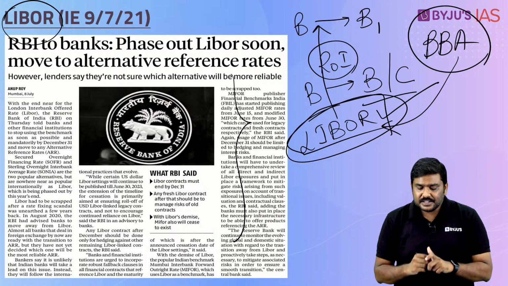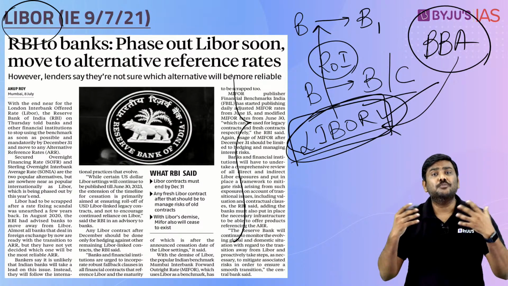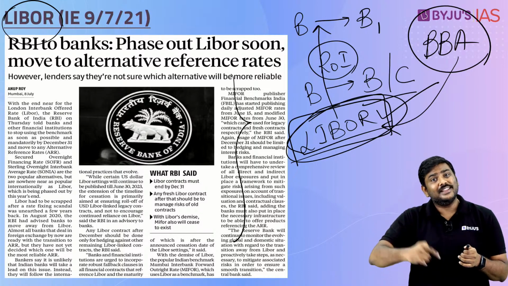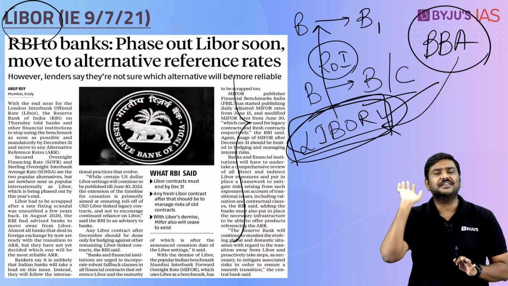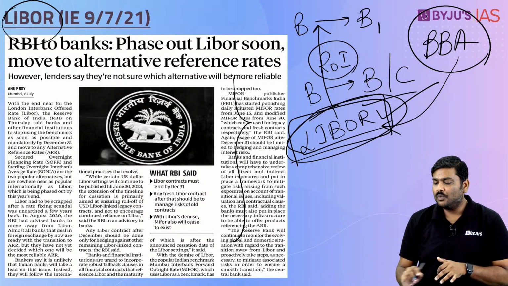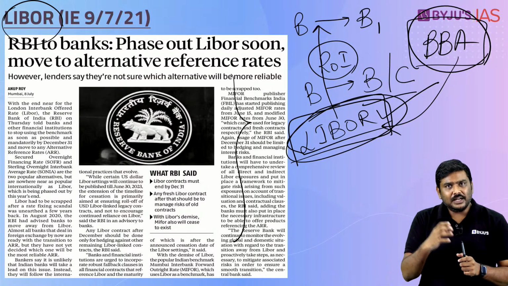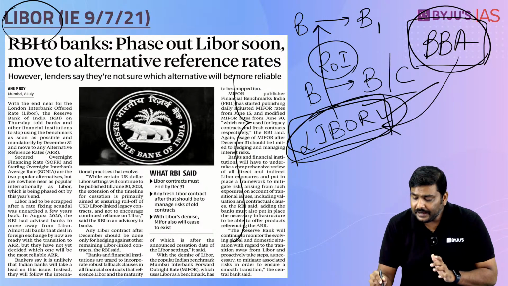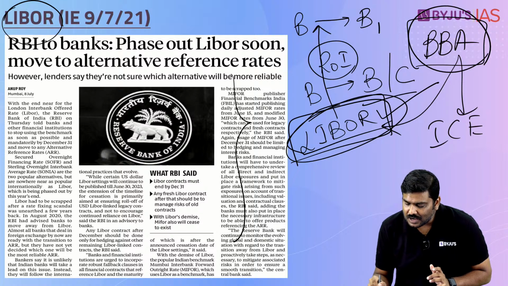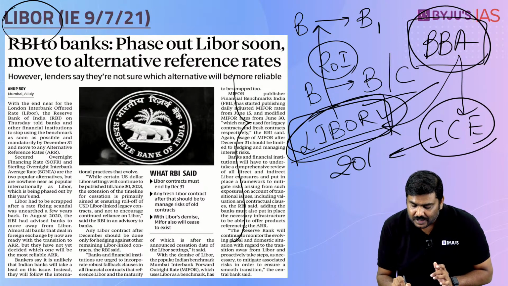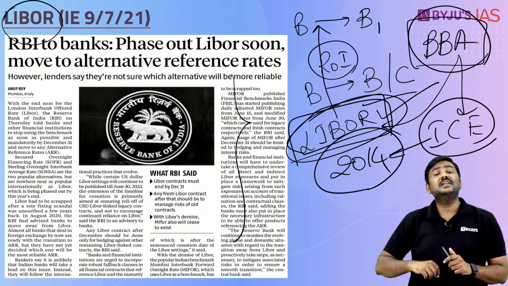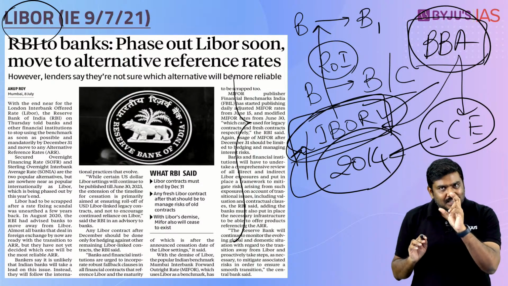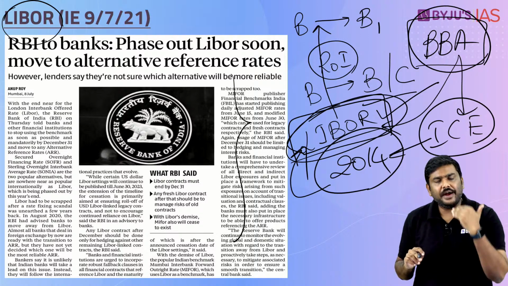So, the basic idea is that the calculation of LIBOR was open to manipulation, and it was found out, and many of the banks involved in the manipulation of LIBOR were penalized. After this, rather than allowing BBA to calculate LIBOR, we set up a new authority, Intercontinental Exchange, ICE, in 2014, and ICE has been put in charge of calculating and issuing LIBOR. These are certain important basic points. Let us go ahead.